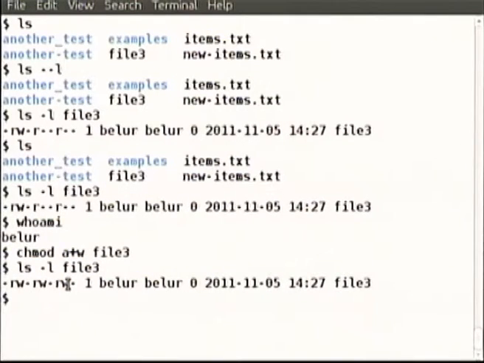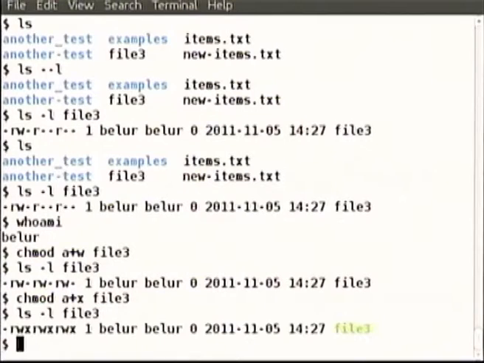What about execute permission? Why don't we give execute permission? Yeah, it has gone ahead and given execute permission to all. Read and write were already there. Yeah, it seems like everybody has been given all permissions to this file. Does this dash mean that some particular permission is yet to be given?